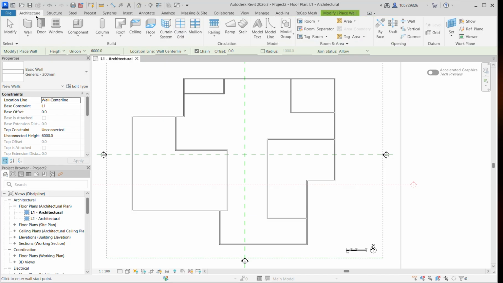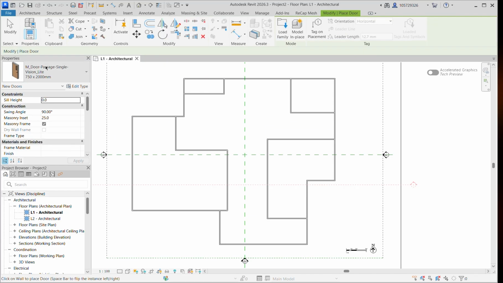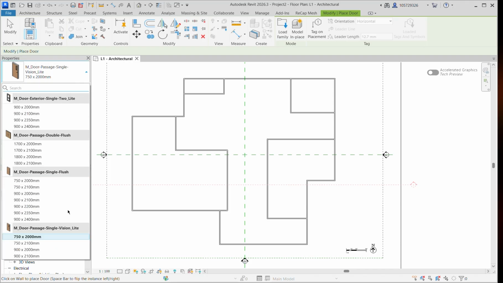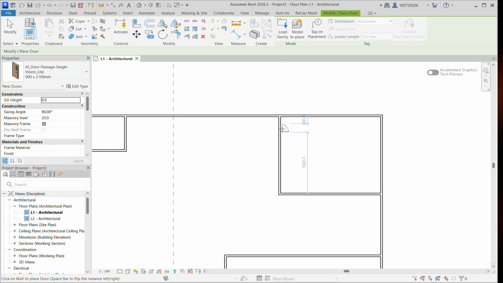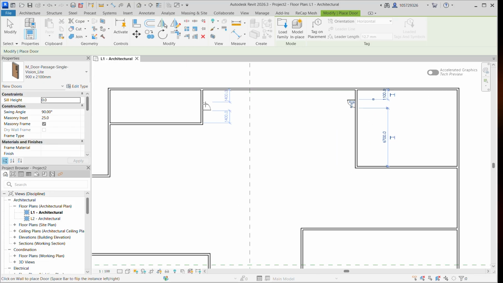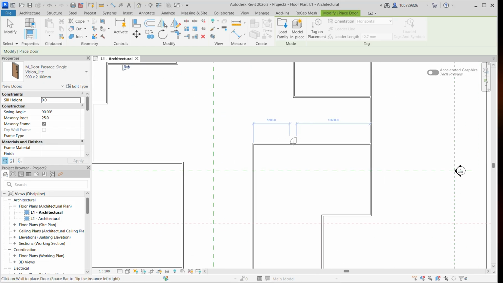And then we can clearly add some doors. And same thing, like under the properties panel, there should be an array of doors for you to choose from. You could obviously import and create your doors by yourself and have like custom doors for the projects that you need. But for today, we're just going to be using the standard 900 millimeters by 2.1 meters tall doors. It's just as easy as clicking on where you need those doors to be. So there,